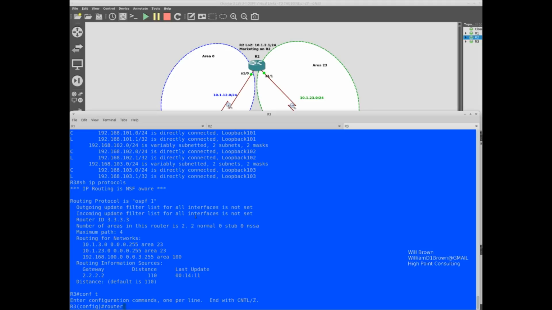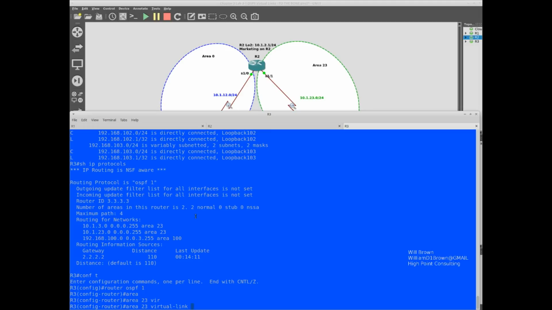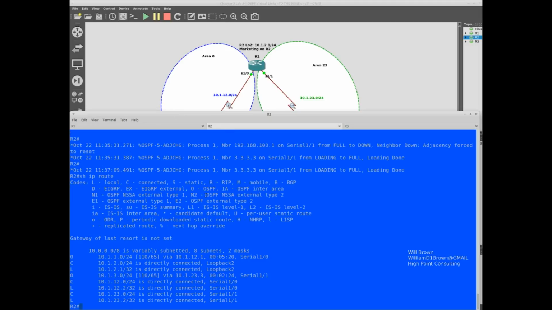So we go back into the OSPF process, router OSPF 1, area 23, virtual link, and I'm doing it on the wrong router. I need to go up here to router 2 first. Let's do it from that side.